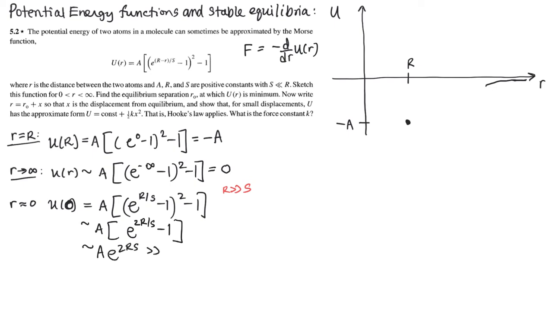And this number is huge because r is much bigger than s. So as you approach the origin, the potential gets huge. As you get far from the origin, the potential gets very flat. And maybe this is our minimum, but let's verify. It turns out it is, but let's show that that is indeed the case. So let's look for minima